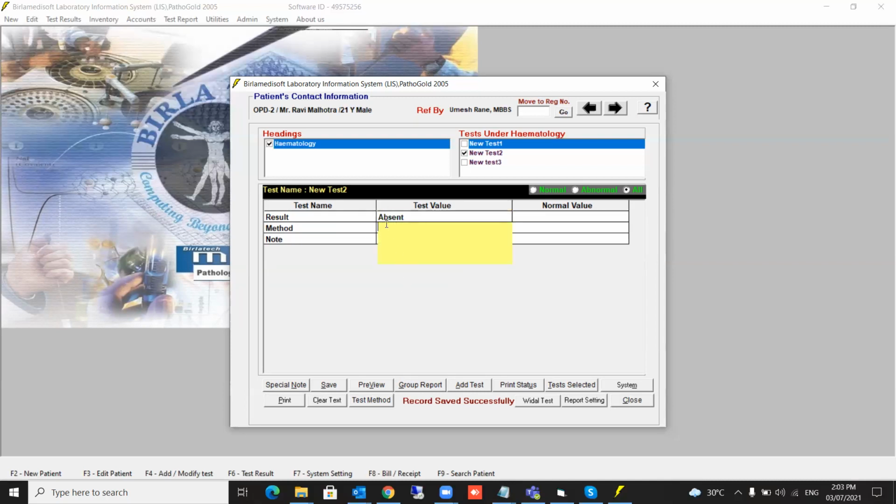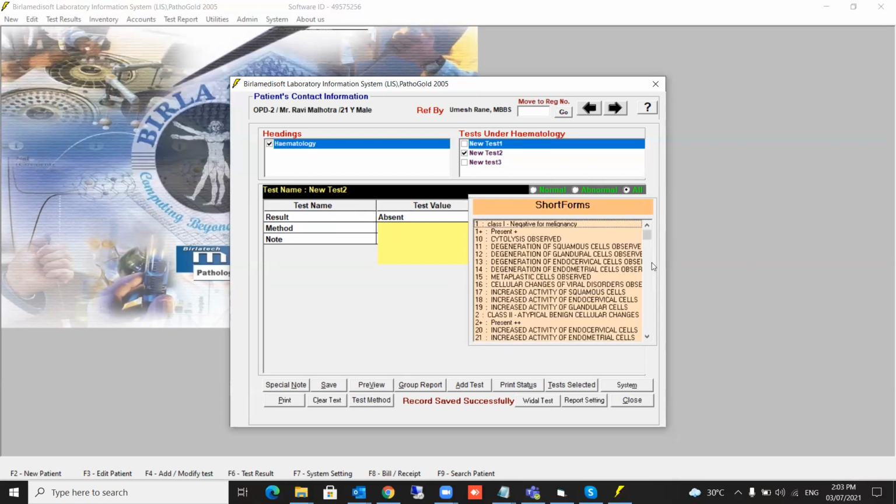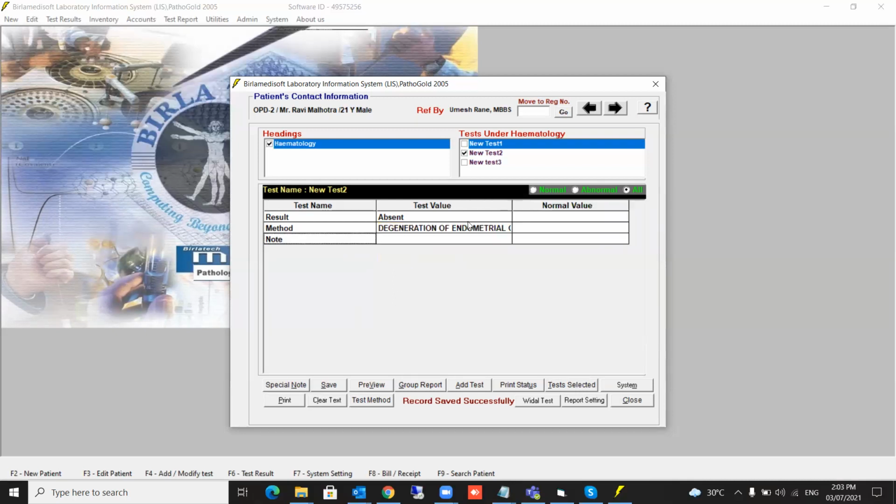Okay. Method. Now see, method we have defined as a text memo. That's why a small box has come. In this, we want to write a big sentence now. Okay. How do you write a big sentence? Go to the F2 and see a big sentence. Let's say 11. 11 is a big sentence like that. You can just type it and see, the big sentence is written over here. Okay. Like that, a complete big sentence is written. That's what this is called a text memo box.